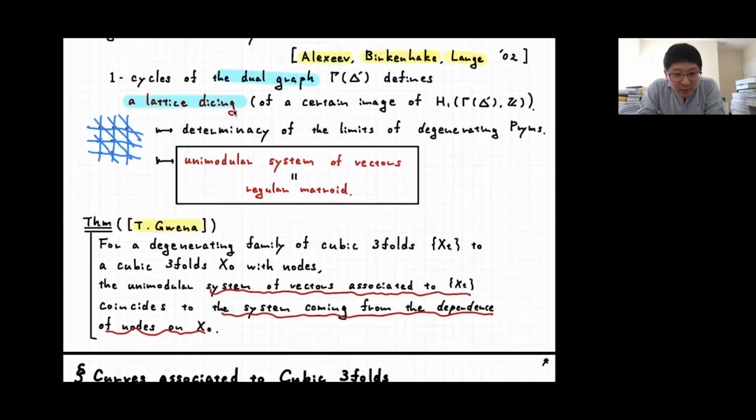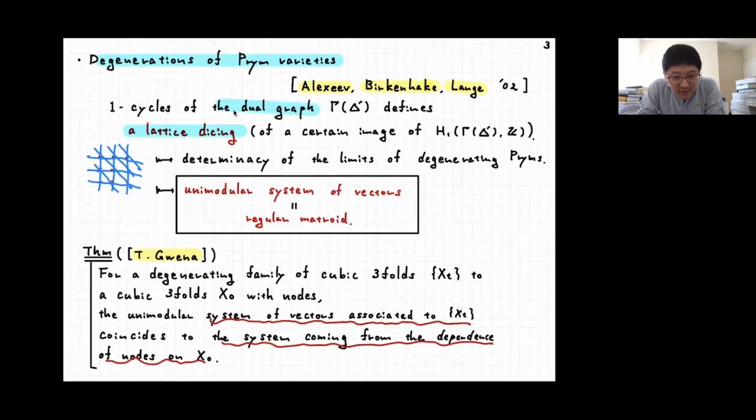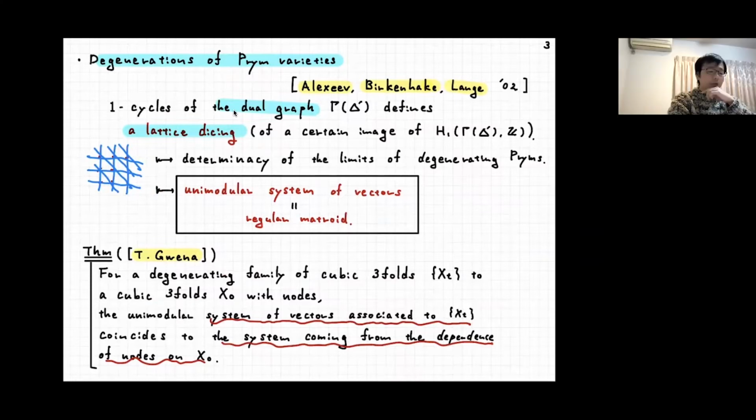And the theorem of Gwena, you mean this degeneration? I mean this node, the configuration of this node. Yes, of course, I need to explain more, but the point is that, as I said, a regular matroid is a kind of generalization of the columns of the matrix, right? Yes. And such a matrix can be given by the